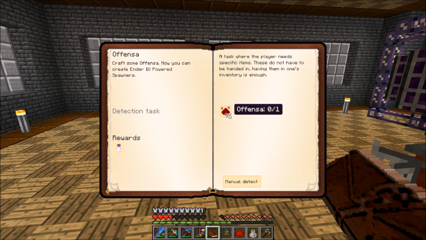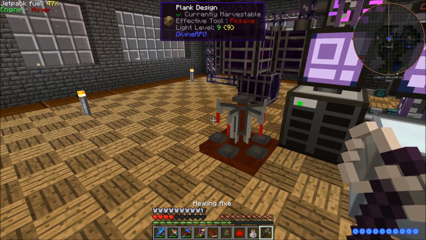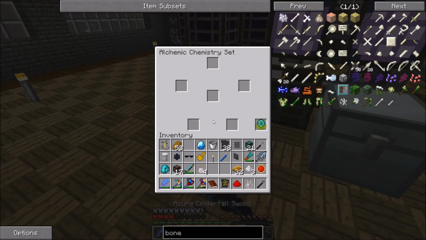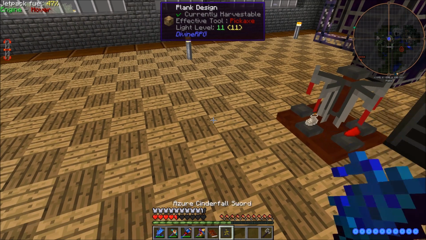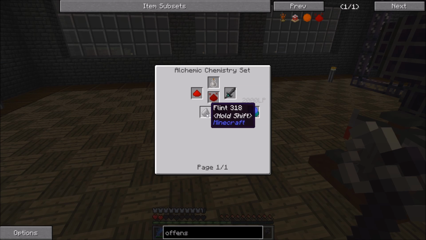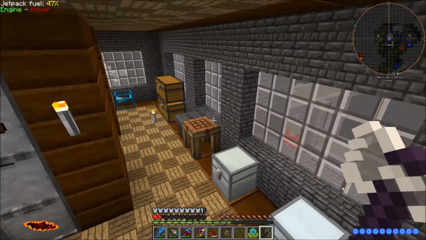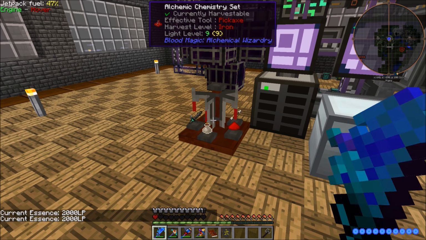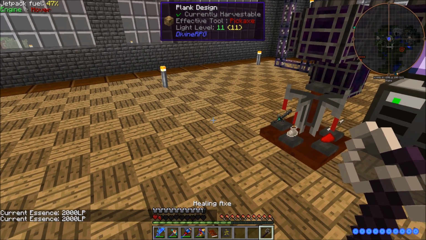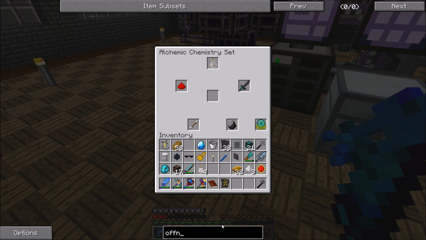Now we can make Offensa. This requires 2,000 life points. And this stuff's expensive. So that takes Incendium, Strengthened Catalyst, and then it also requires an arrow, flint, and then an ender sword. And I can't remember, do we have an ender sword up here? I think we might. So there we go. And we've got our 2,000 life points in there right now. So that works. Oh, wait, Offensa, doesn't it take...